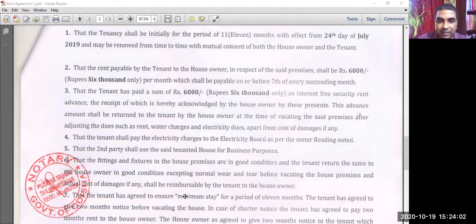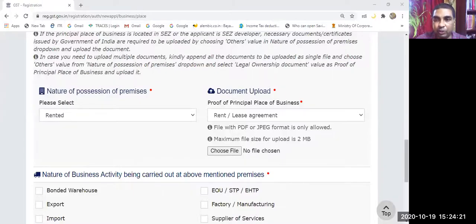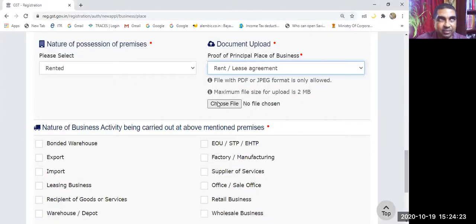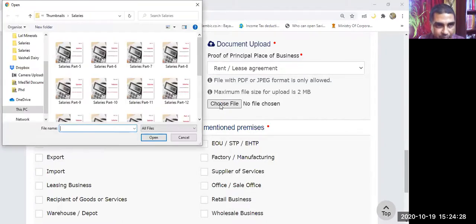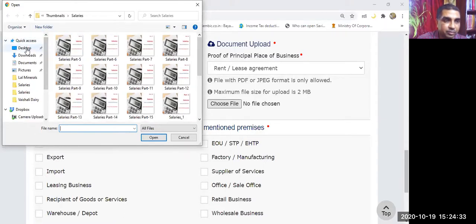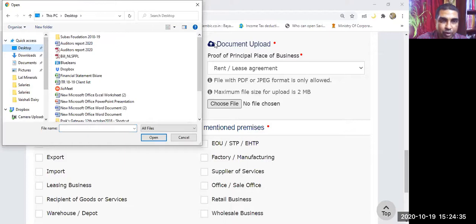Okay, I'll stop sharing this file. I will again go back and show you our GST portal file. What I will do now, I am going to upload that file here. Just choose file. I am going to upload.